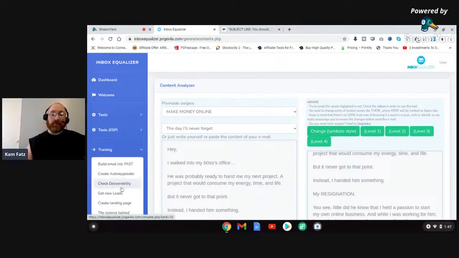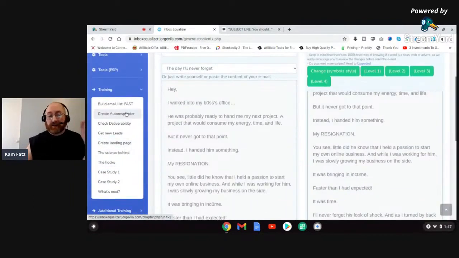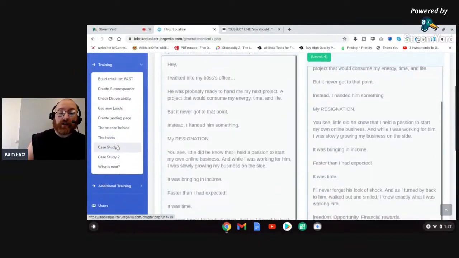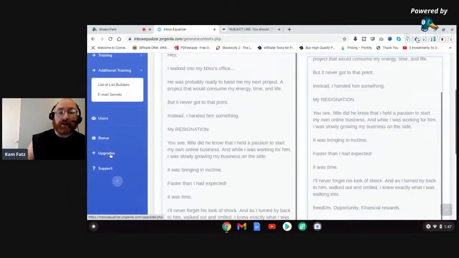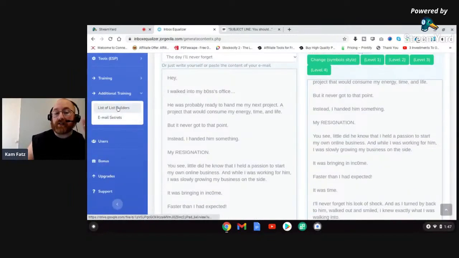It's also got training. If we look at the training in Inbox Equalizer, you're going to see there is a very, very good amount of training in here to help you build an email list, help you with your autoresponder, your deliverability, to help you get new leads, to help you with hooks, the science behind creating landing pages. There's 2 case studies in here. And then on top of that, I told the guys, hey guys, listen, that's not even enough. Let's put even more additional training in Inbox Equalizer. So if you go here to additional training, you're going to find 2 courses that I have done personally on list building